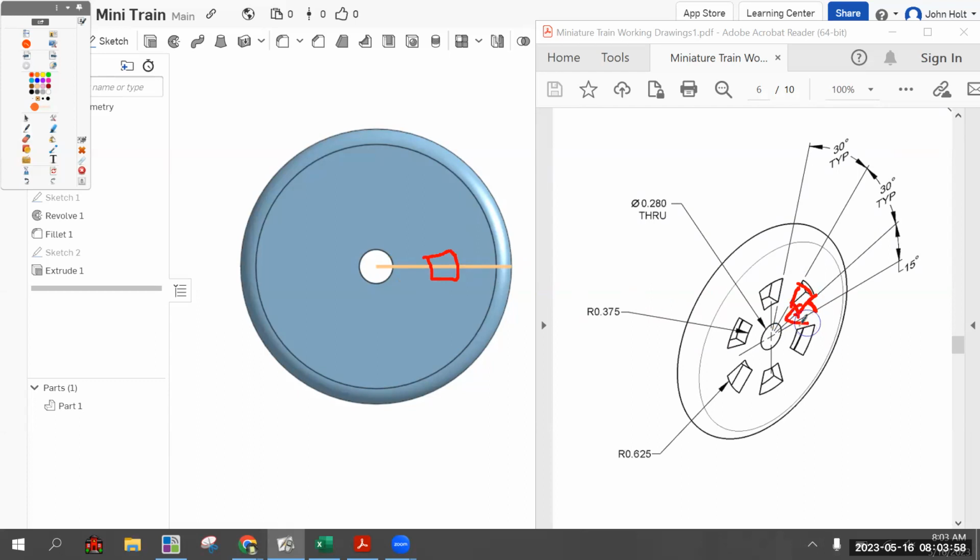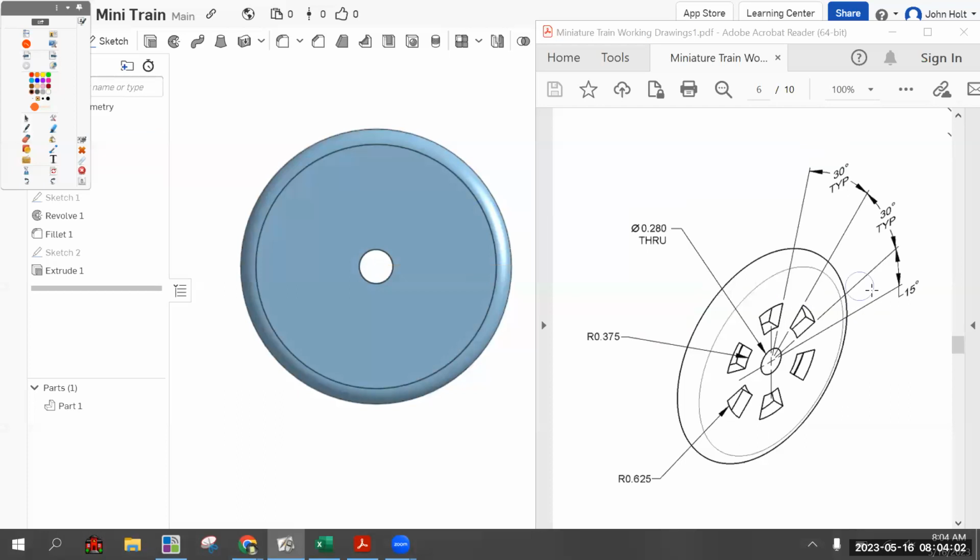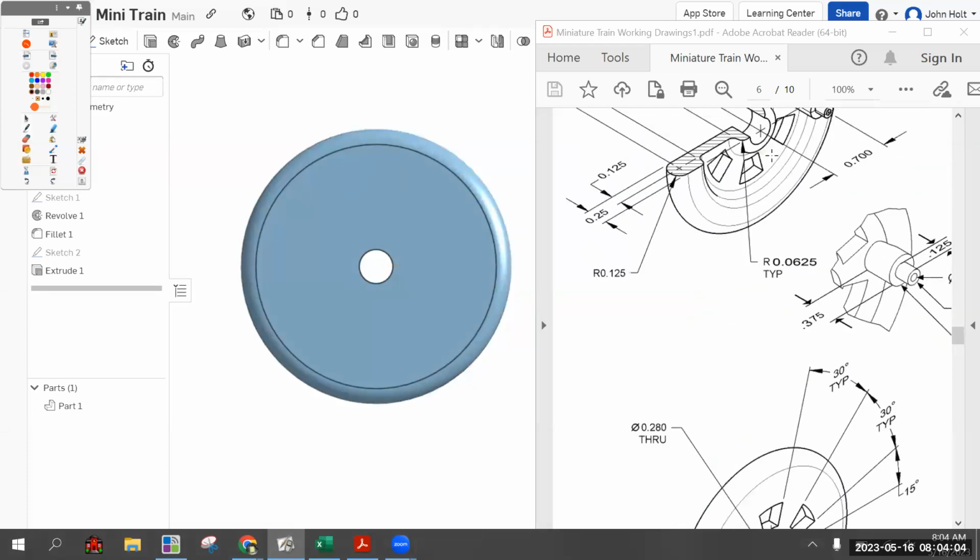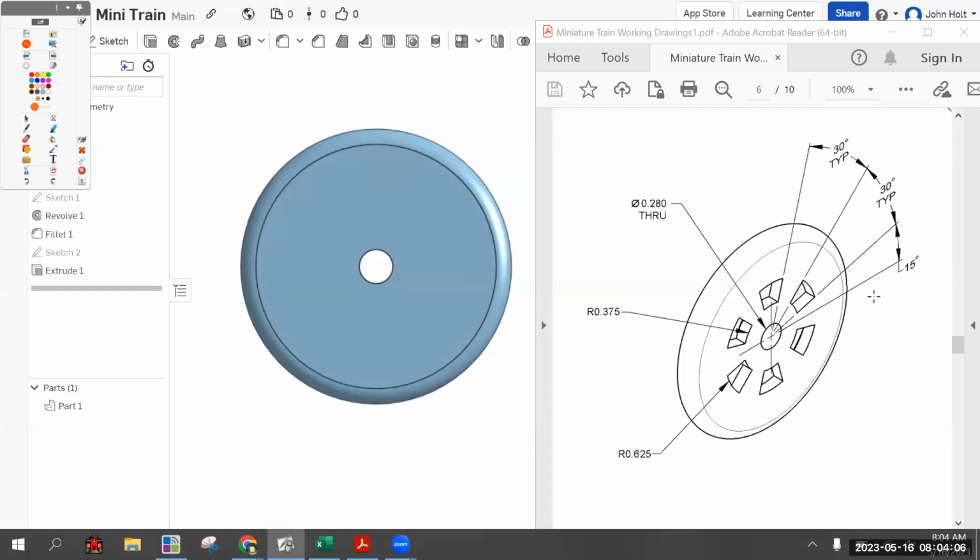The problem is if we cut out there, when we go to make the linkage nub, that's going to be where a gap is and not where a spoke is. So we are going to follow this a little closer. So the shape, we are going to need this first line